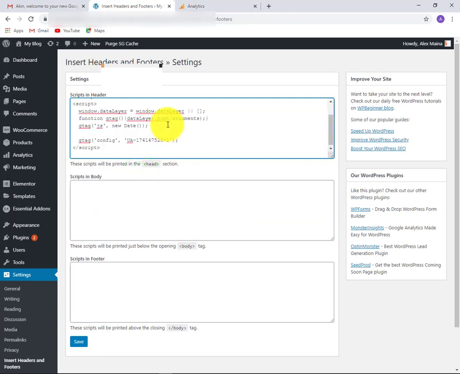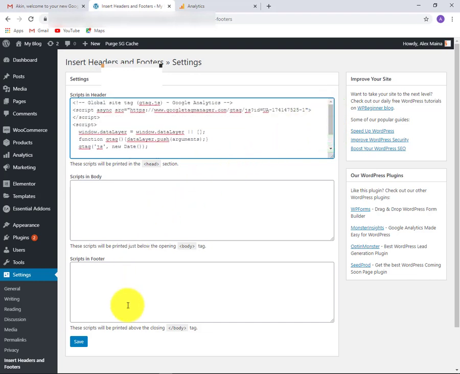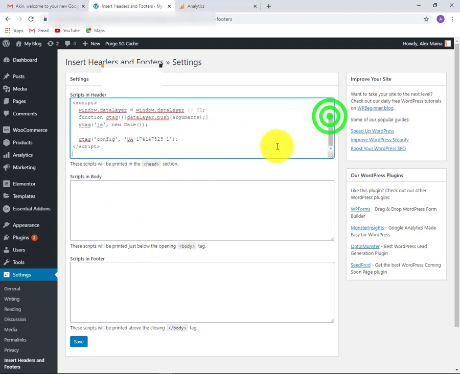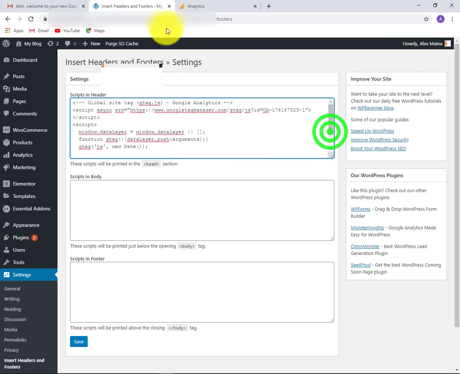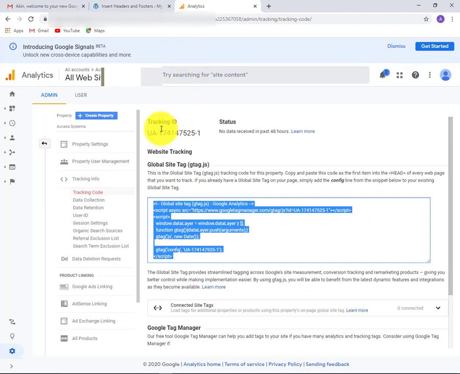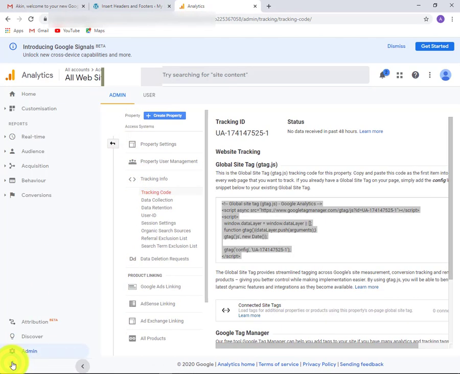You always want to have Google Analytics as the top script. When you're finished with this website, you're going to have quite a number of scripts from third-party websites in here. So what you want to do is just go into analytics, wherever you see the tracking code. Let's say I'm going to assume that you've never seen analytics before. So if I go home,